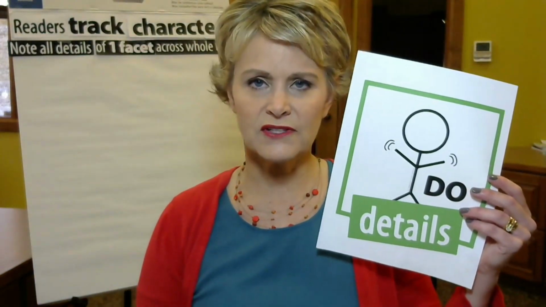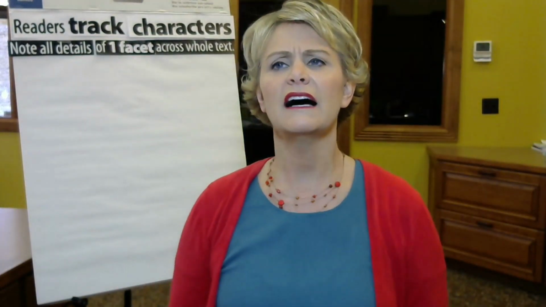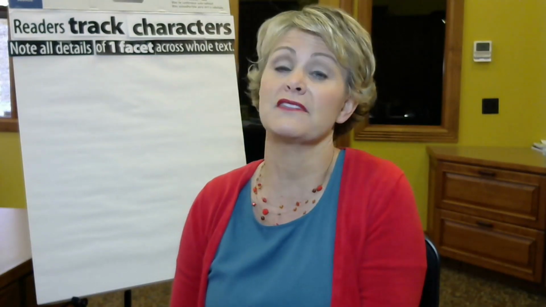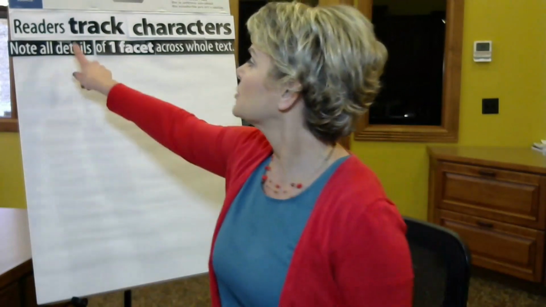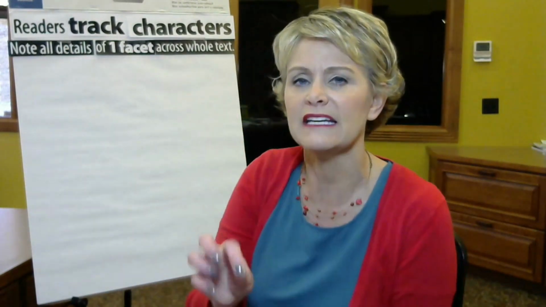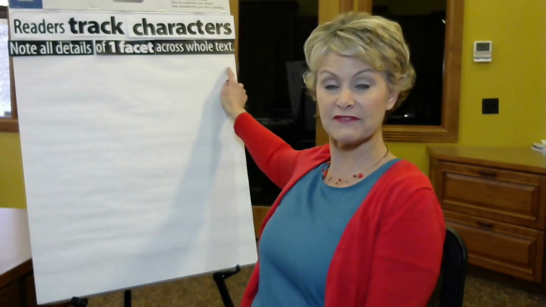Okay, what I want to talk about in this lesson is the second of the 4 ways that authors develop their characters. And it's the idea of what the character does, his actions. See the kind of like shaky lines there? It's kind of action or movement. It's the idea of the character. He went here, he drove there, he climbed, he slept, he opened, he closed, he jumped, he fell. It's actions. And a lot of times the do is going to be action verbs, tracking, collecting every action this character makes from beginning to end of the text.